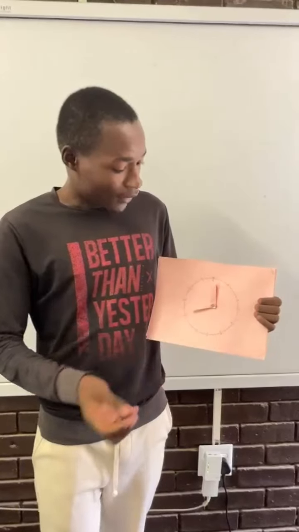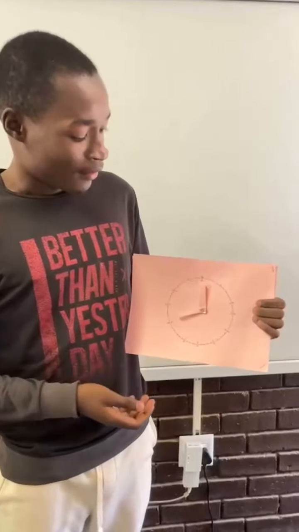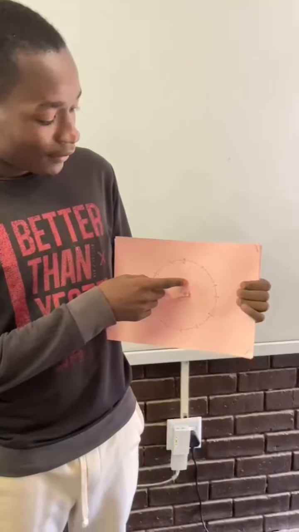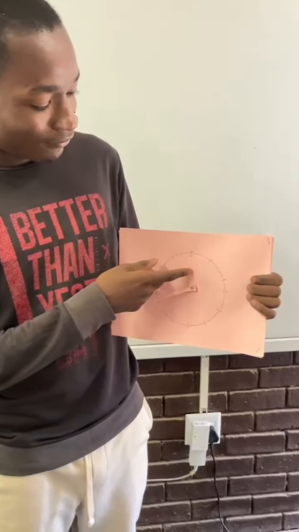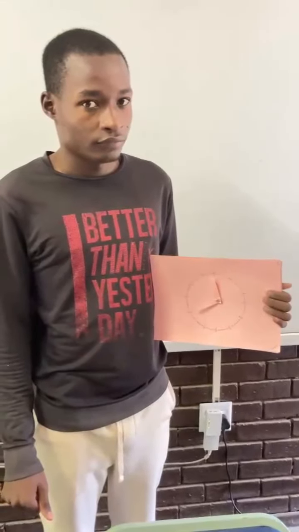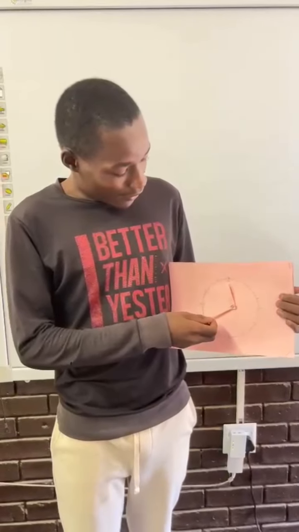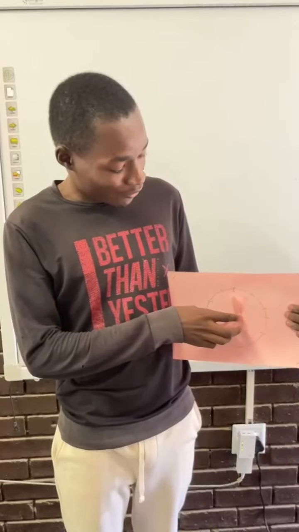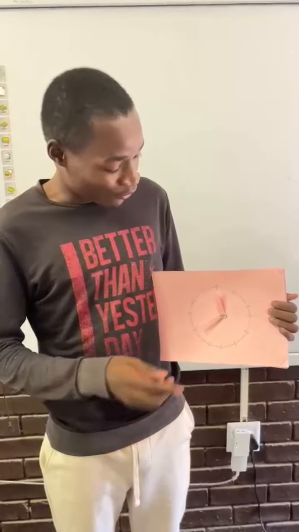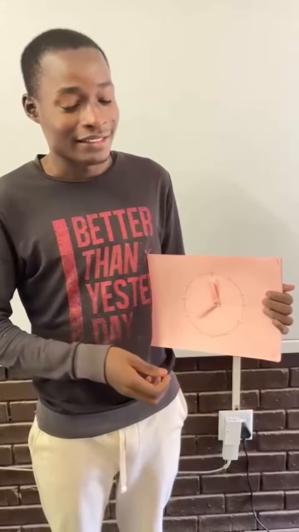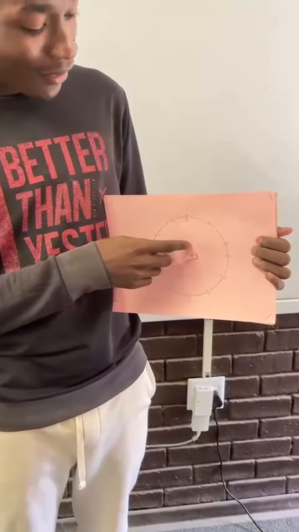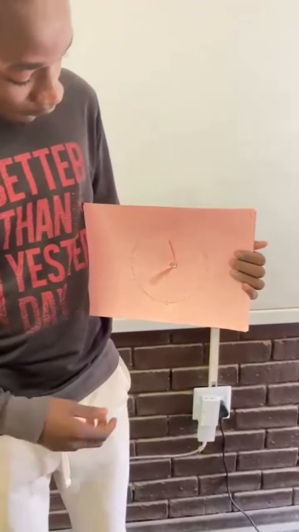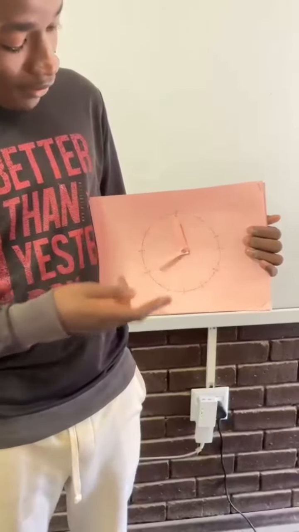So I already told you that the big one represents hours, and then, okay, so these small arrows, remember at the first time I told you these were arrows, but in the analog clock we call them hands. So the small one represents hours, and then